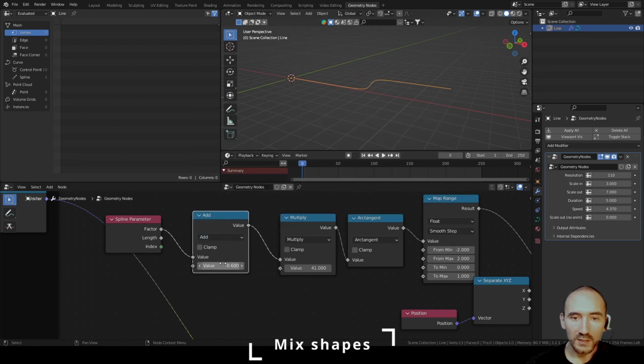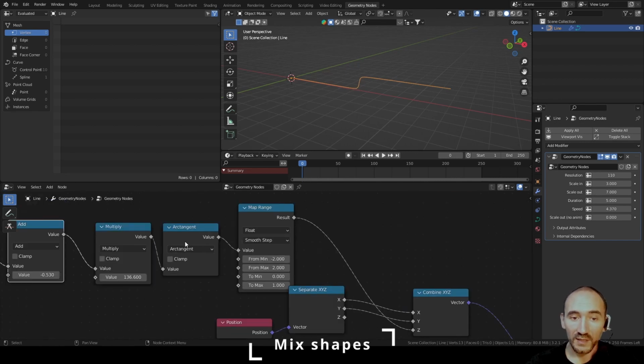I can add a negative value to shift the number of my equation, and multiply by a value to have a curve more or less smooth between the highest value and the smallest value of the formula. Calculate the arctangent and use it with these two, min and max value from, to have this behavior. These two numbers have to be the same but with the minus for the from min,